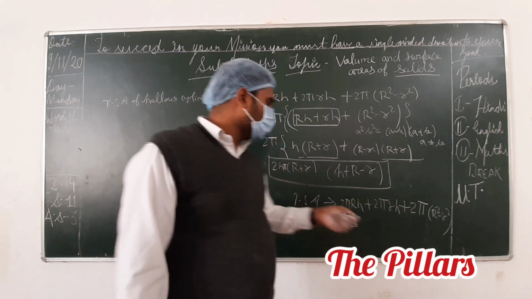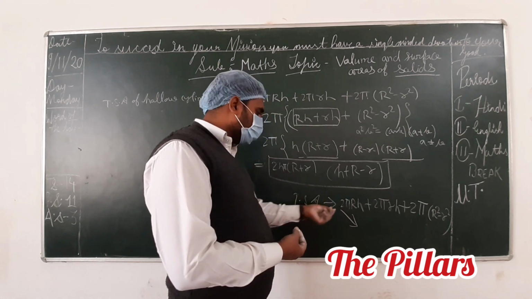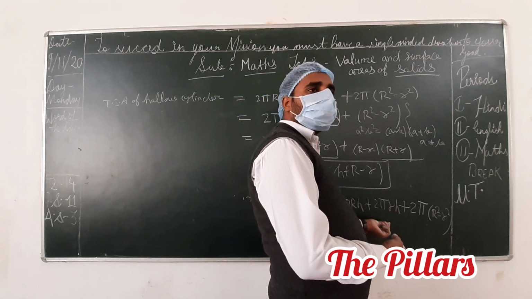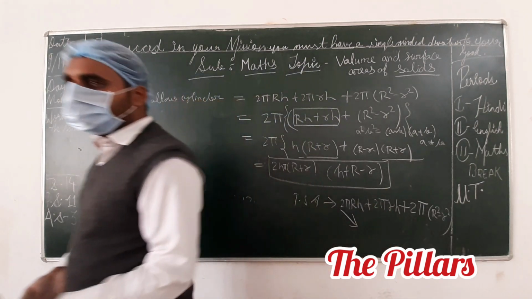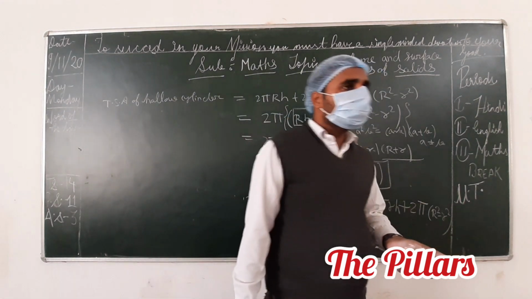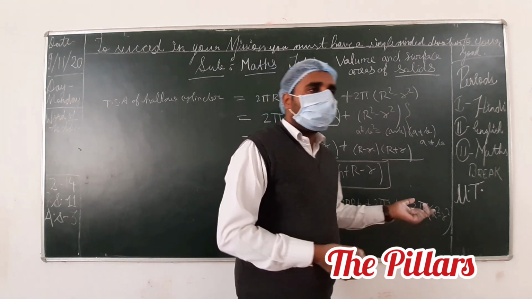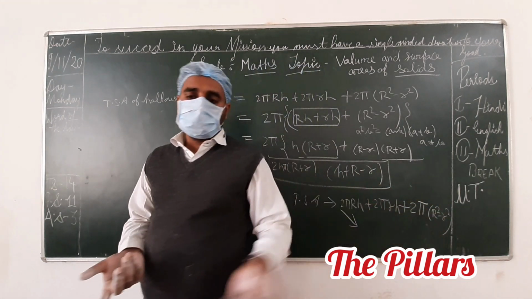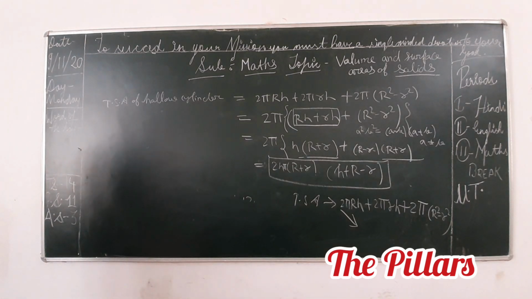So you only have to multiply 2 into H into pi. These are the same value. Otherwise you have to multiply everything, which makes the calculation longer. If you apply this one, 2 pi H into capital R plus small r into capital H plus R minus small r, this is easy for you. Now you only have to add and subtract, not multiply. And addition and subtraction is easier than division and multiplication.